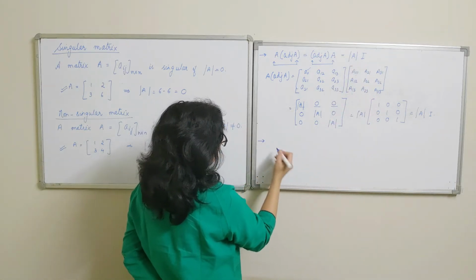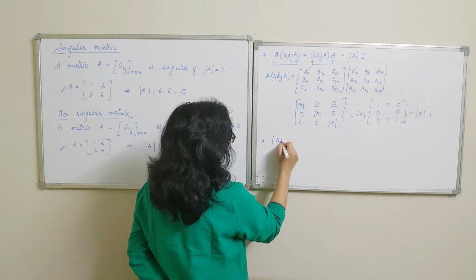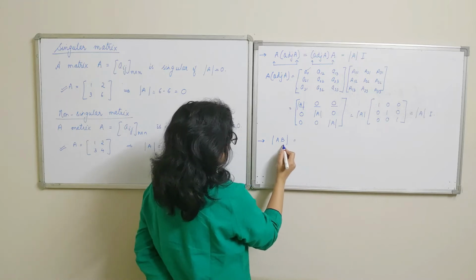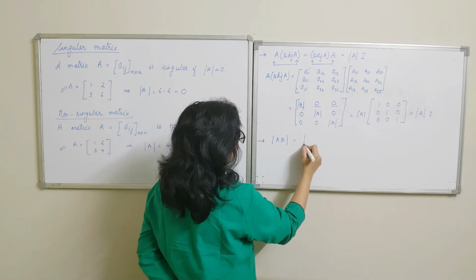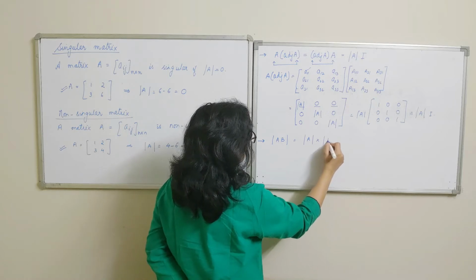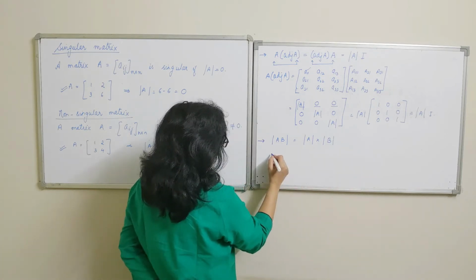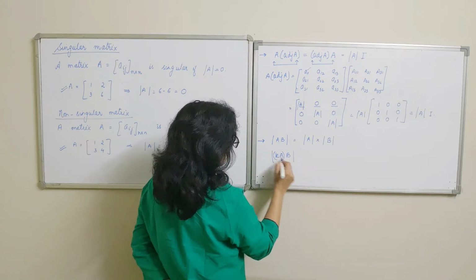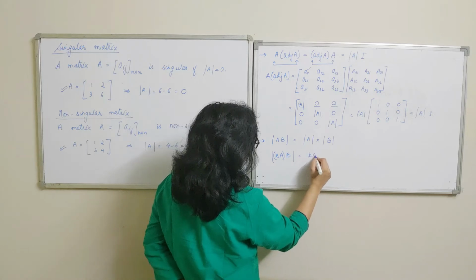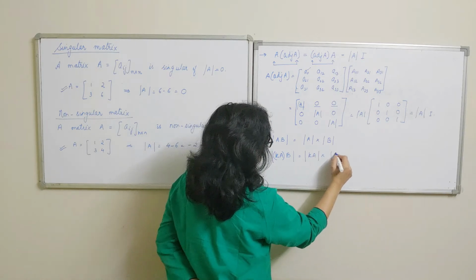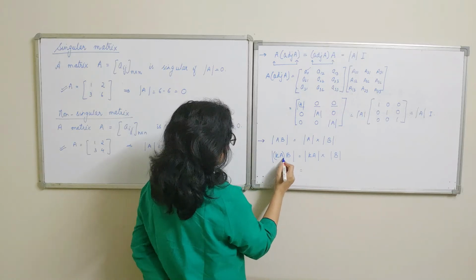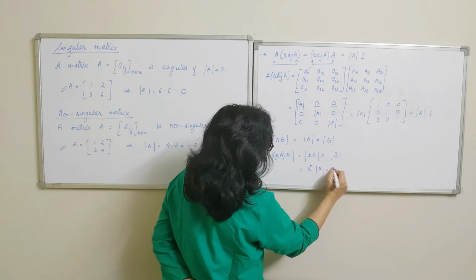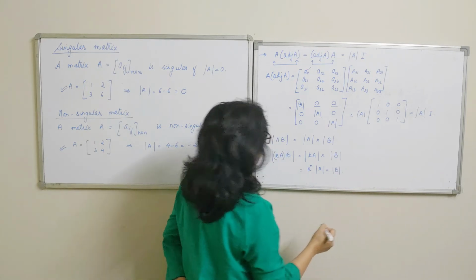One more result that we have done in the previous classes, when we were discussing properties of determinants, we have already discussed this. If A and B are square matrices of same order, finding the determinant of the product is the same as the product of corresponding determinants. If there is a constant multiplied by a matrix, here I am taking this to be scalar multiplication, then this multiplied by determinant of B, and if matrix A is a square matrix of order n, then it goes like this. This is something which we have discussed earlier as well.